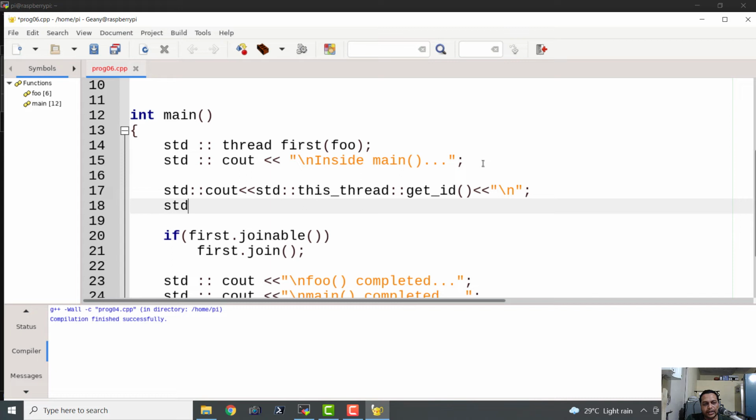So std::cout, and this is going to be the child thread id, first.get_id, then \n. Control S, so it is going to save the program.